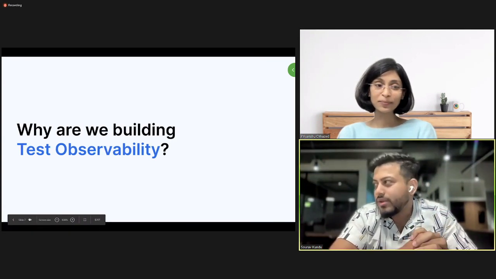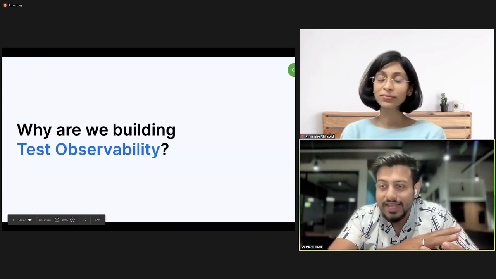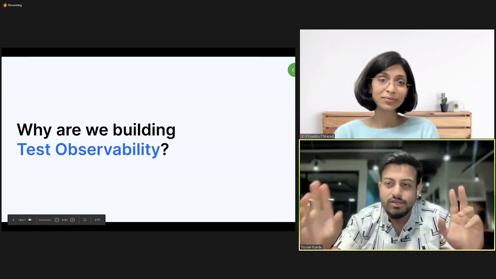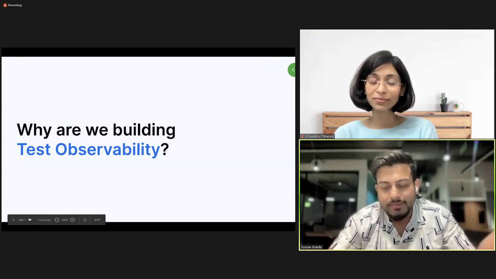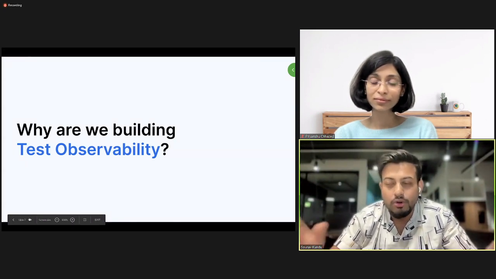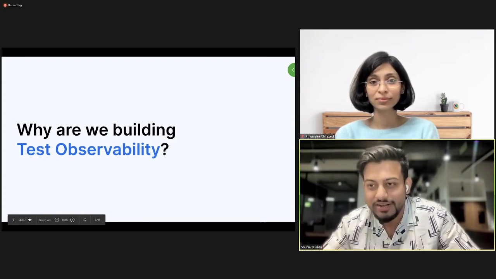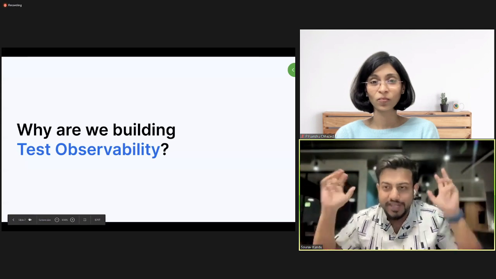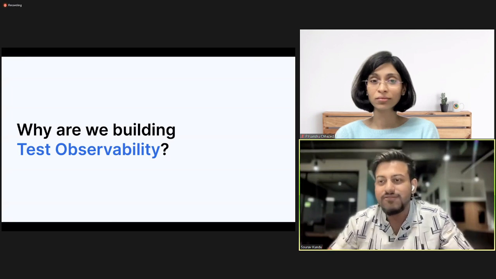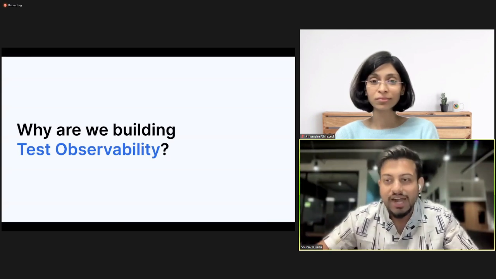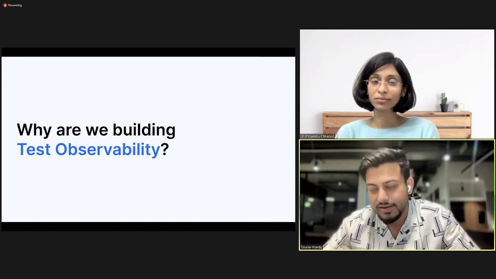Right. So before starting this journey, we talked to a lot of people and we realized that a test automation engineer's core job is to write automation test scenarios. You write it in some language or some BDD scenarios. The core job is to write scenarios, not to spend time debugging what happened with those scenarios, not to try and break your head over why 40% of my test cases are failing. Do I even know which of these are flaky? Do I even know where to start debugging? Do I even know what I should do to improve the health of testing?